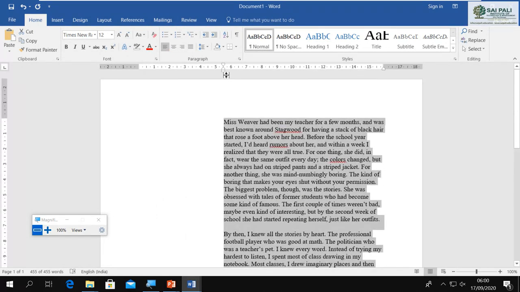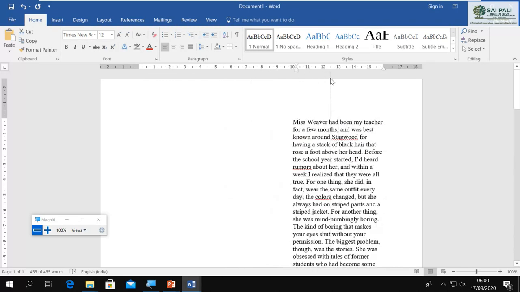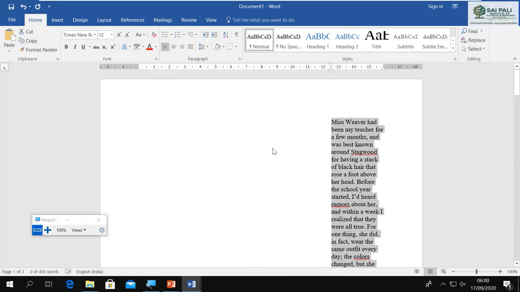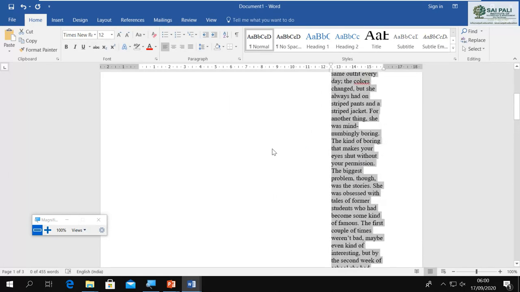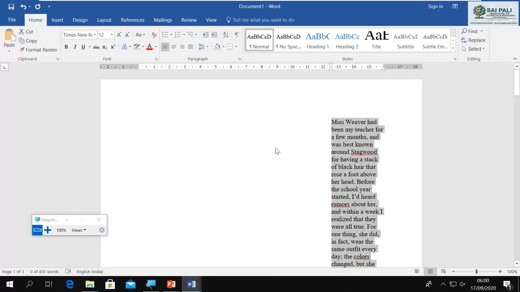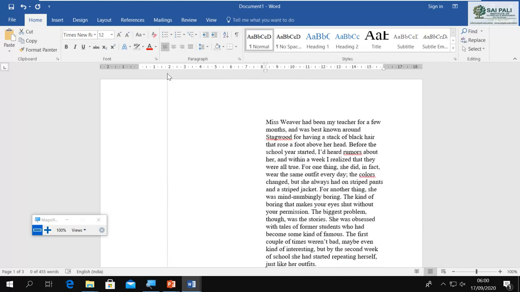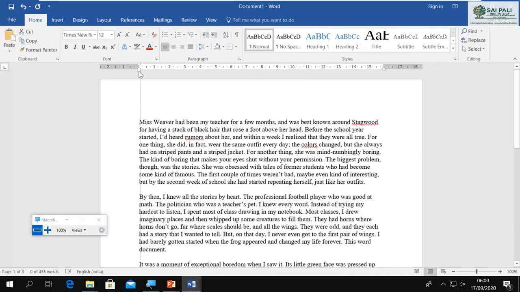So all the lines are moving where I want to move. This is an indent marker which we can use to move and indent our paragraphs.